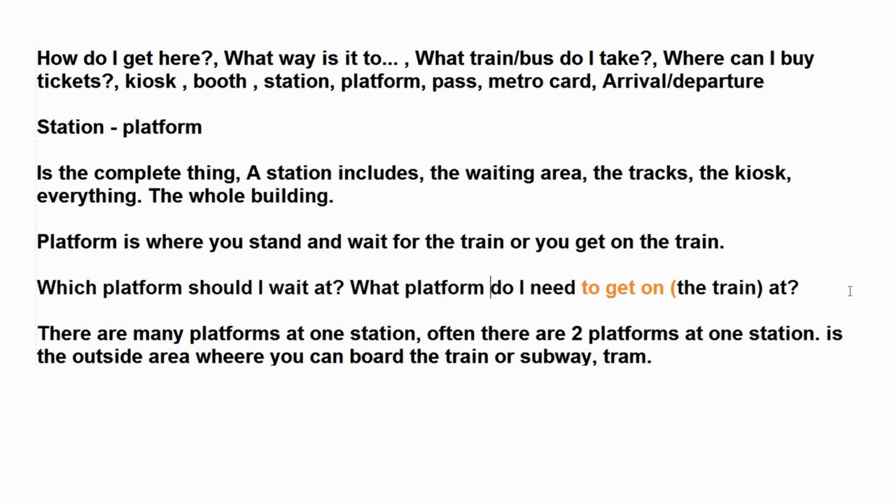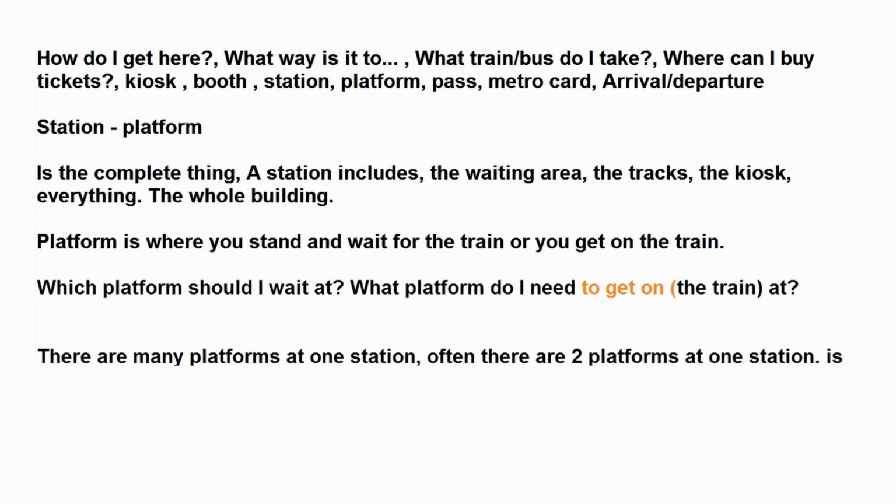It's pretty simple, right? So platform is the one, like, for example, platform A, or I don't know, platform B. They have names, right? Yeah, there we go. So that's pretty much it. So which platform should I wait at, or what platform do I need to get on the train at, or